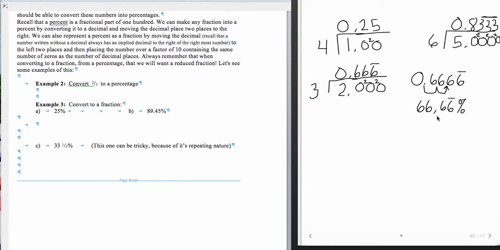Now there's another way that we can do this. We already know that 0.6666, and so on and so forth, is 2/3. So we could also write this as 66 and 2/3%, which brings up the fact that it's really nice to have some conversions automatically memorized, because then we can